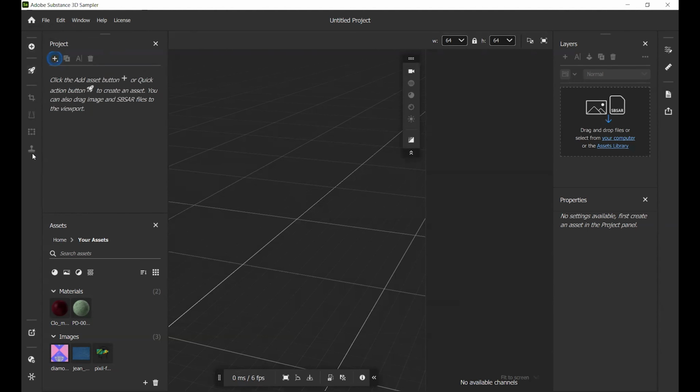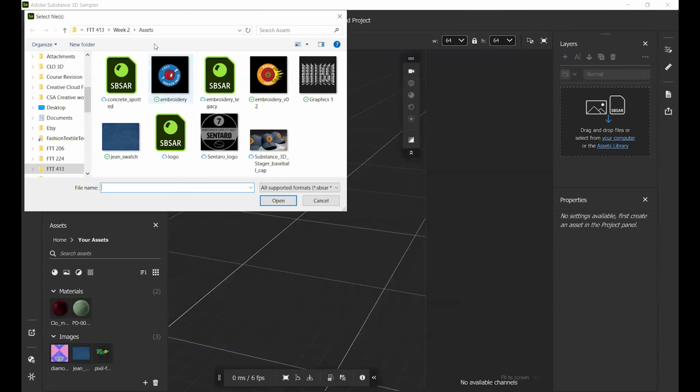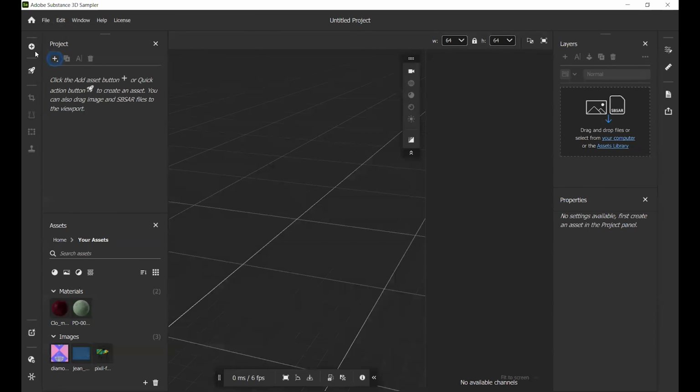Now let's talk about this left sidebar. Here first we have this plus sign, which is if you want to import something. This left side is for importing, and this right side is for exporting. Here you can bring your assets, and I can even browse 3D assets from here. Remember, we talked about community assets and Substance 3D assets. You can browse those assets from here also.